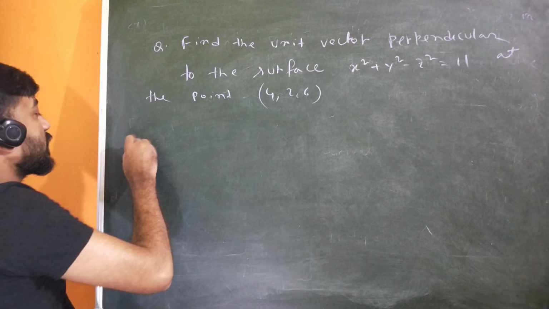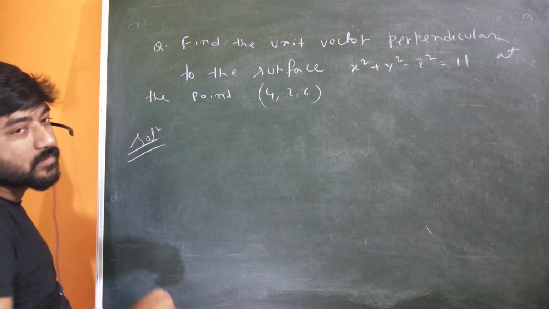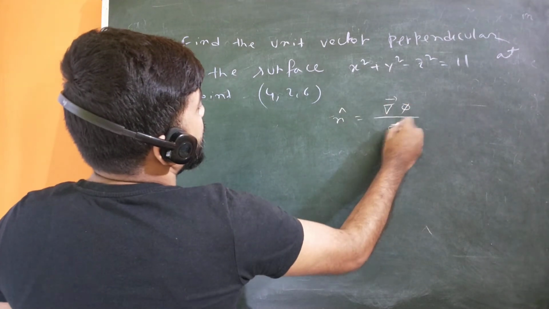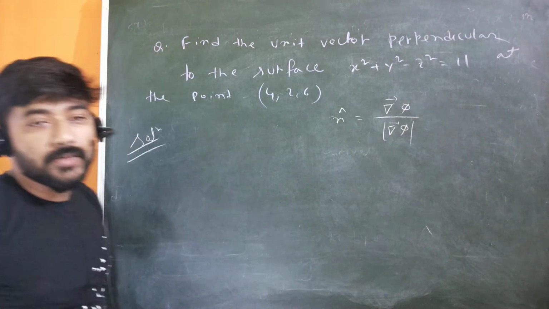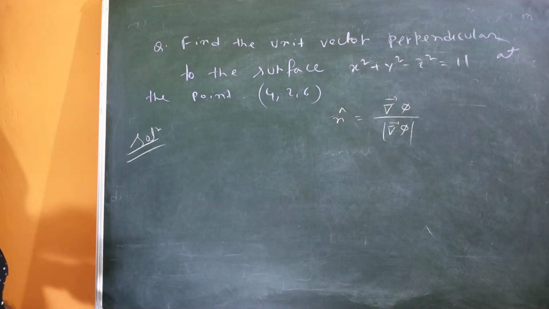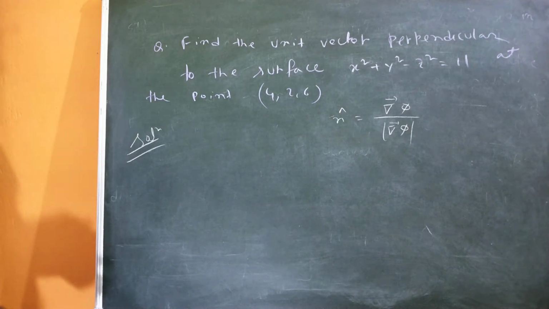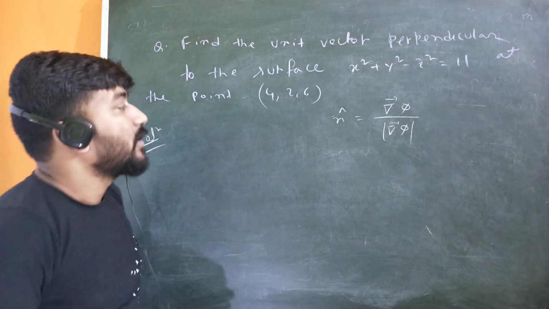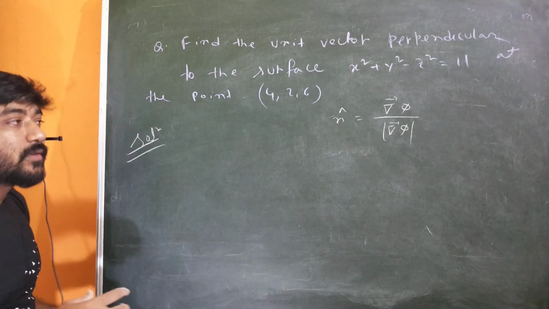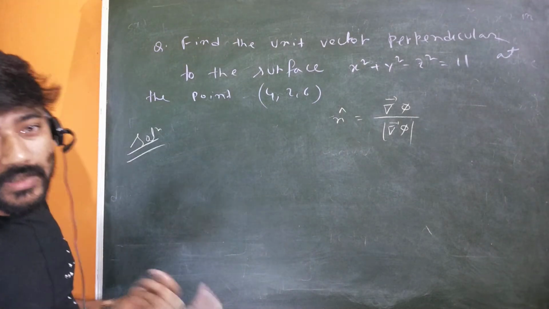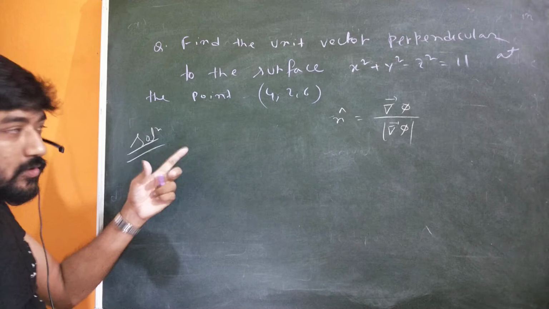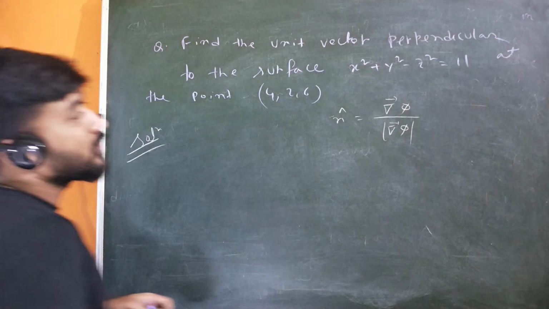So what you have to find out is the unit vector perpendicular to this surface. And what is this unit vector? N cap is nothing but grad phi divided by mod grad phi, that I have told you from the very first property of grad phi, that it is in the direction perpendicular to the surface, and the unit vector along grad phi is nothing but grad phi divided by mod grad phi. Whenever you are asked to find out direction, obviously it is a unit vector. A unit vector is the vector whose magnitude is 1, and it will give you only the direction. So whenever you are asked to find the direction, you have to find the unit vector along this direction.